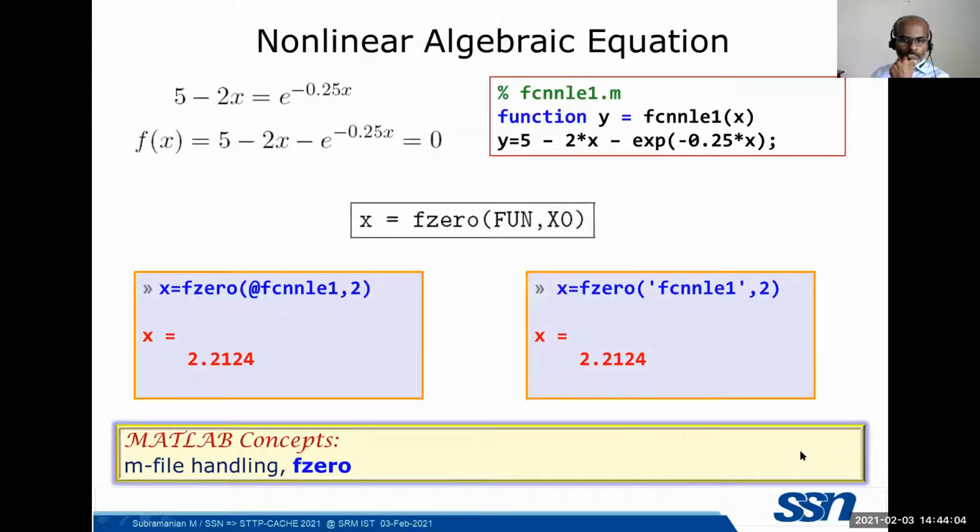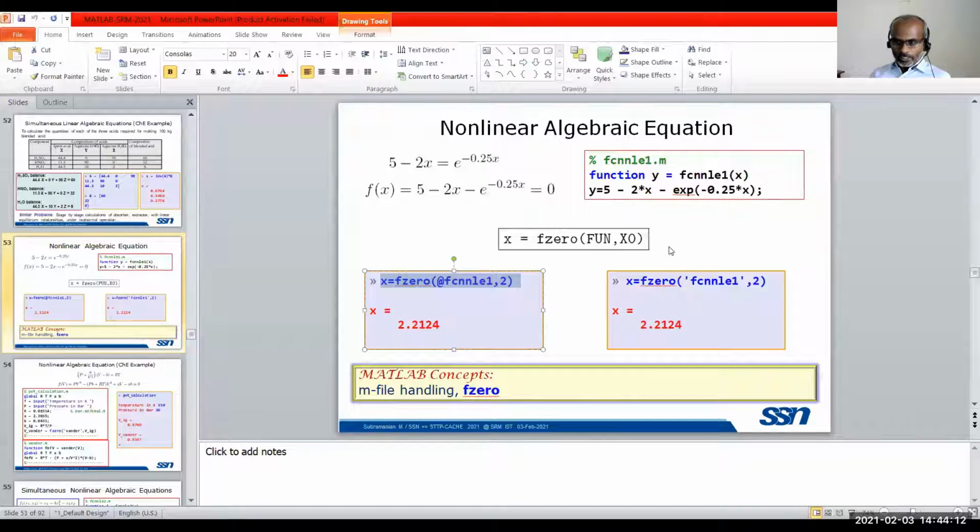One of the participants has asked what FCNNLE1 is. Actually, it is simply a file name. You can give any name. Actually, what is useful is fzero. fzero is the built-in solver of MATLAB, like your sin x or cos x. fzero is a function which takes two mandatory arguments.